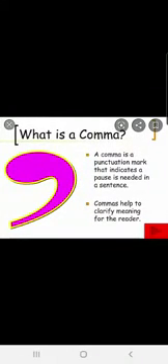A comma is a punctuation mark that indicates a pause which is needed in a sentence. Commas help to clarify meaning for the reader. Like the comma is used to signify a pause in the same sentence. This pause can be for a variety of reasons. These examples will make it clear. Like, he said, comma, hurry up.